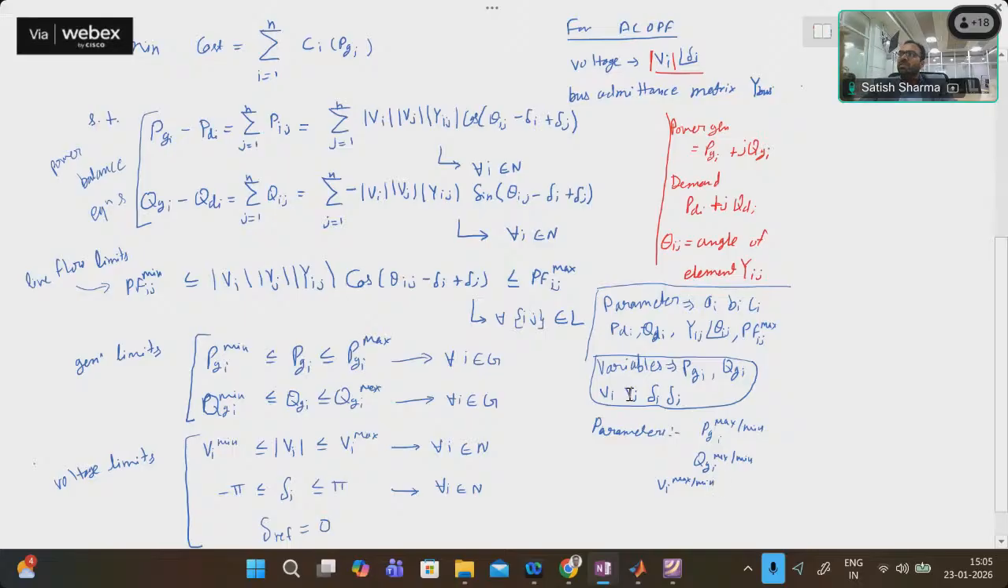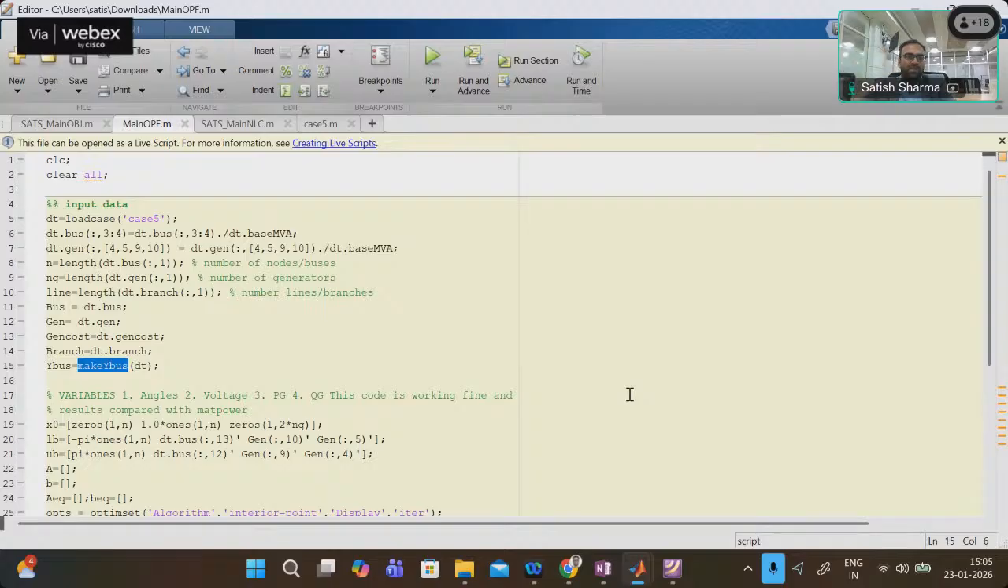Vi and Vj both are the same. They are voltages, and i and j are just indices. So I have defined the variables like this. This is the sequence I have used to define